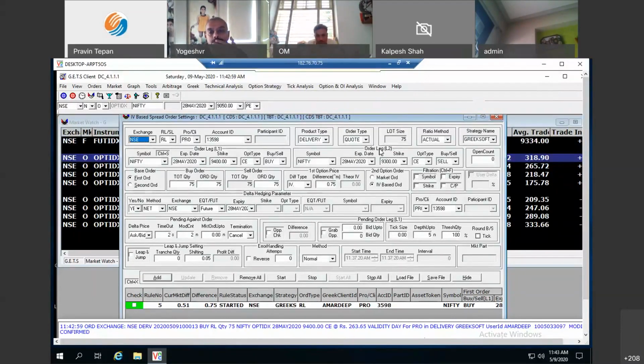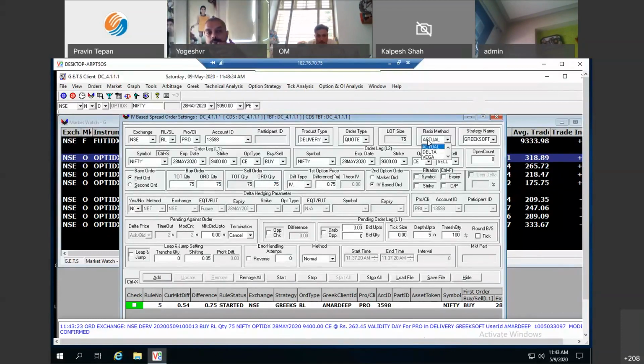Moving ahead, this was my actual difference. So if you see, on my screen I am able to insert quantity for both the legs. But again, if I don't want to use delta hedging and I want to do it here itself, I can do that.